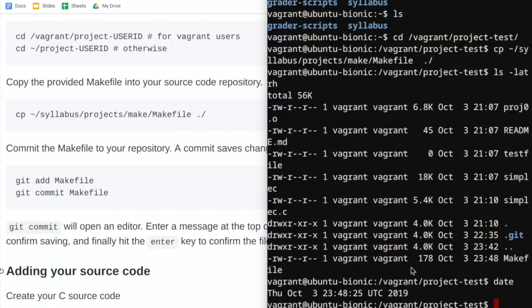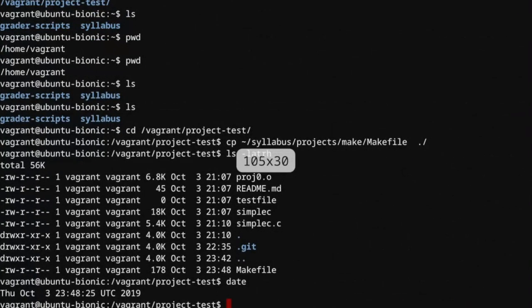Okay, so a little bit about Git. Some students ask, how do I tag a specific file? Git doesn't track individual files. I mean, it does track individual files, but the point of Git and other version control systems is to track changes in the source code. So when you add a file or you edit a file and you commit it, so if I do this commit of a makefile,